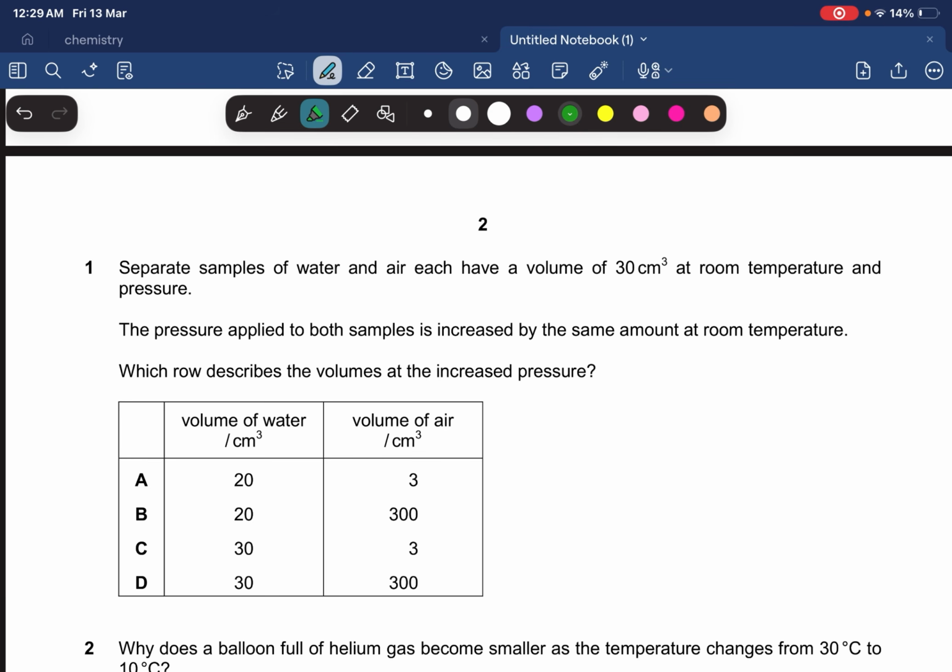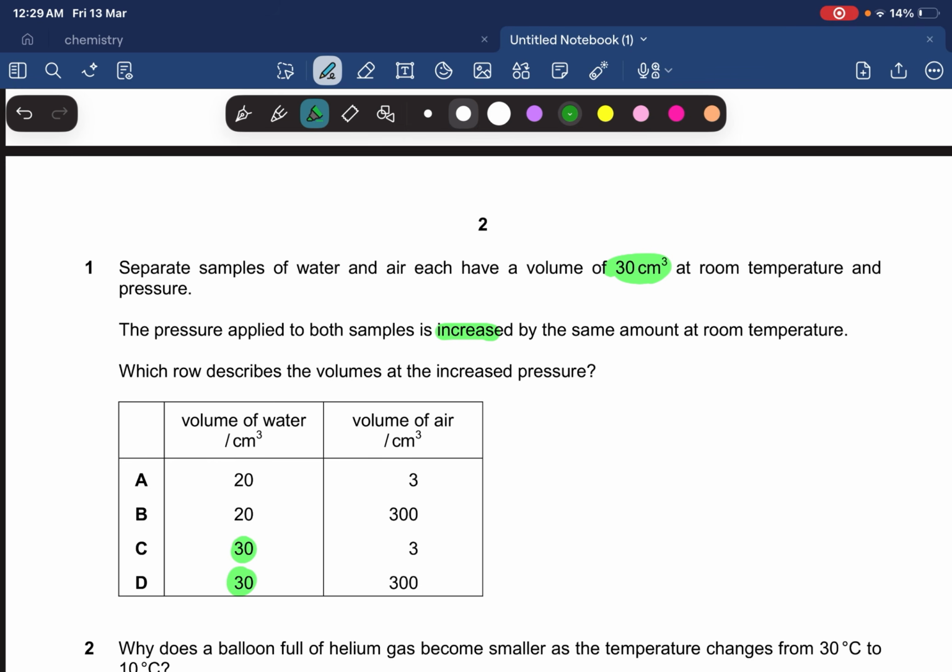Separate samples of water and air each have a volume of 30 cm³ at room temperature and pressure. The pressure applied to both samples is increased by the same amount at room temperature. Which row describes the volumes at the increased pressure? Firstly, we know that water cannot be compressed even if you increase the pressure, so it's going to remain 30,